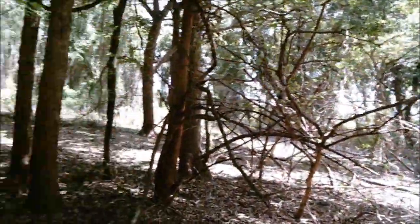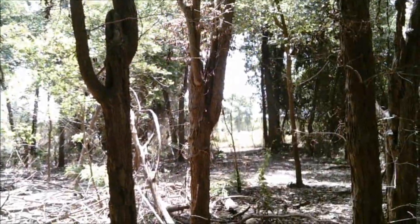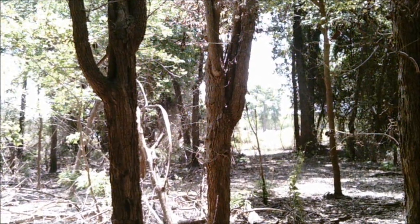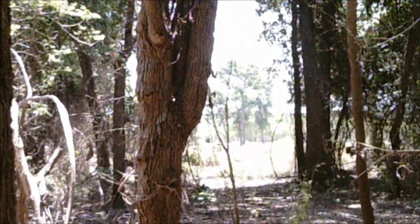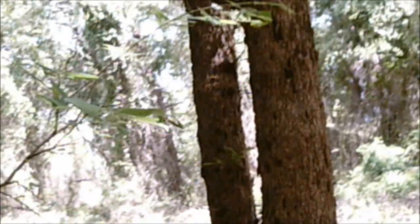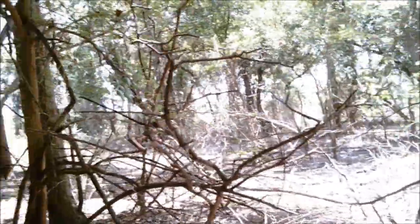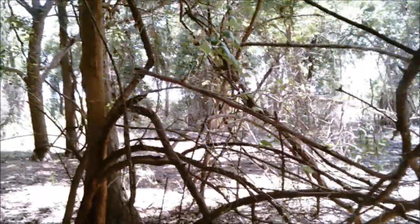But right out there, you can see is the lake. This is literally just the point that I'm in. There's bound to be some deer bedding in here. And what I'm thinking